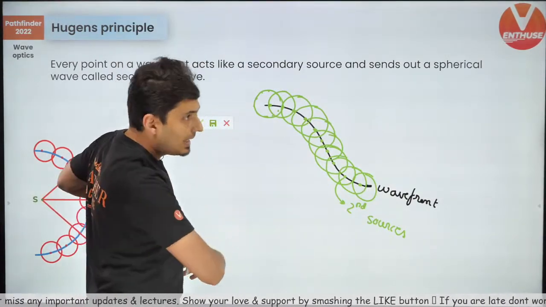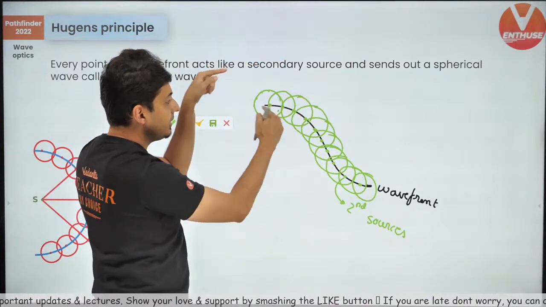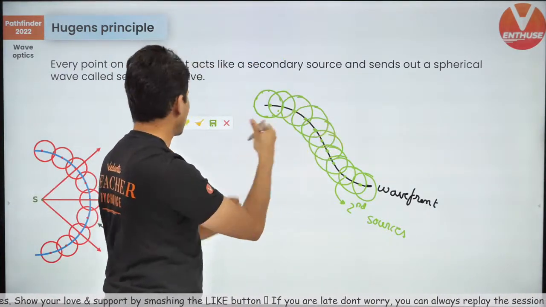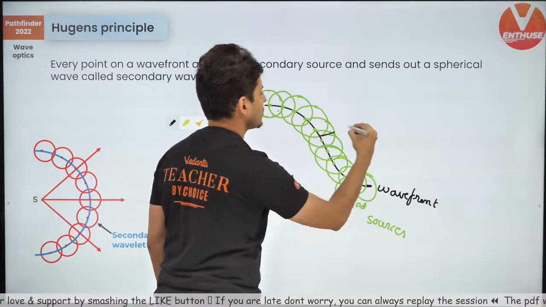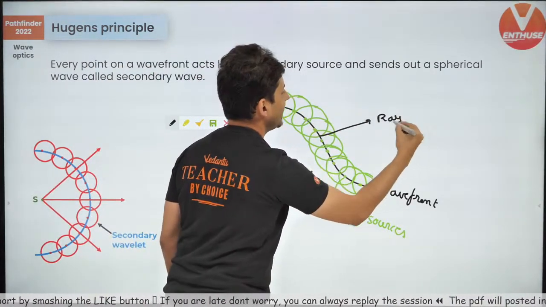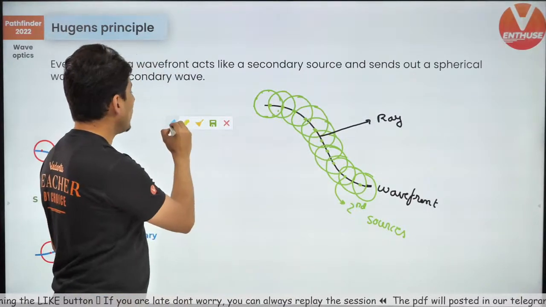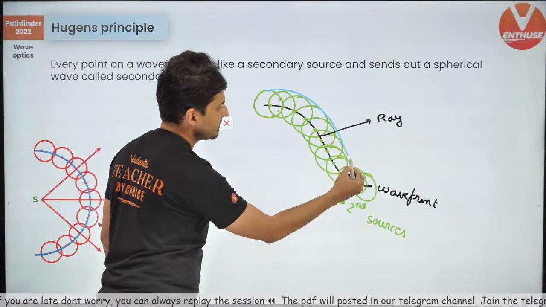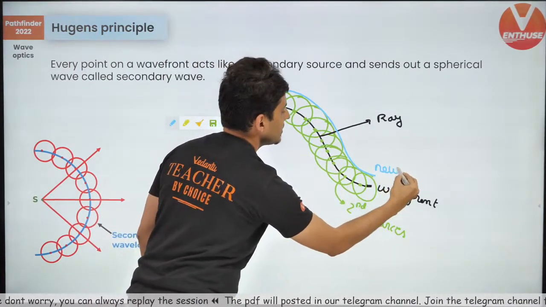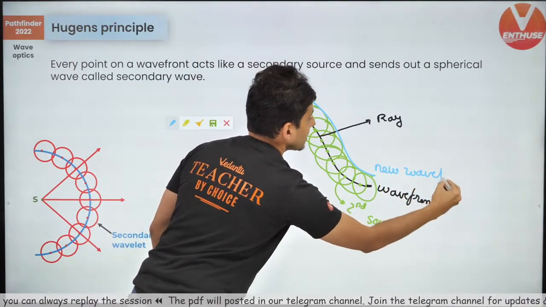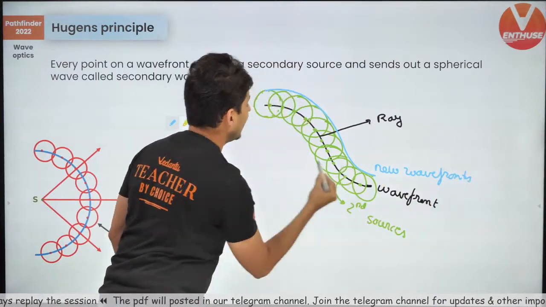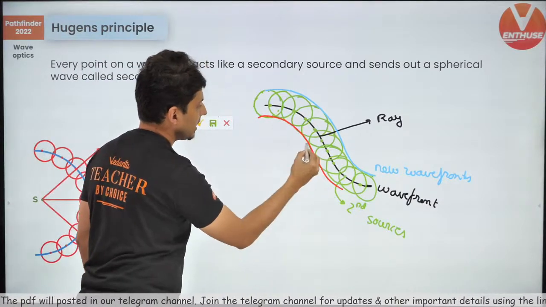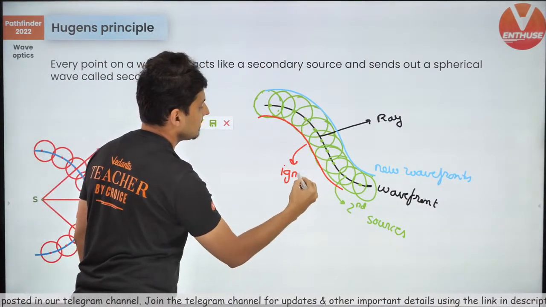Now, if the light was traveling that way, then you draw the common tangent here, not here, because we have assumed that the light was traveling in this direction. I hope you remember I had just shown this was nothing but the ray of light. So draw the common tangent to all these wavefronts. So the common tangent will look like this. So this will give me the new wavefront. The wavefronts which are at the back, this common tangent should be ignored. So this one, ignore it. Okay, so that is very, very important.